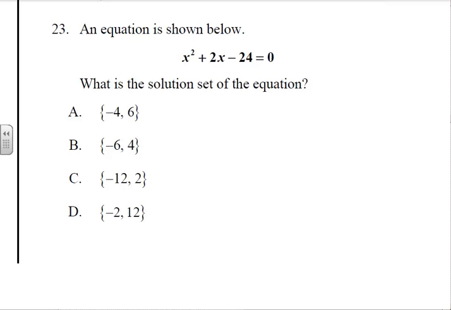Hi, we're back. Let's do more problems now. In this case, we're dealing with a quadratic equation. Okay. Well, let's remember